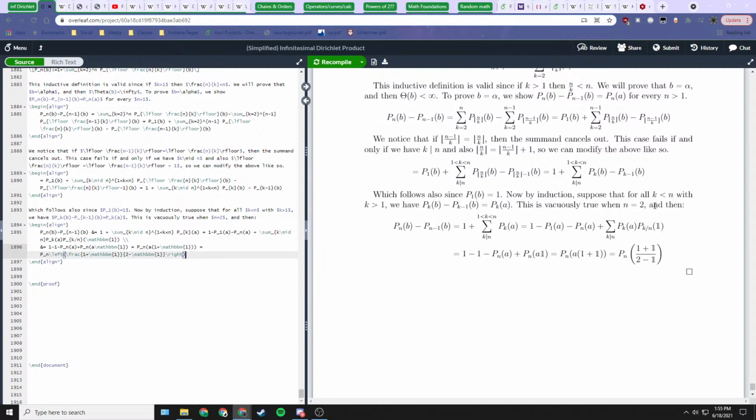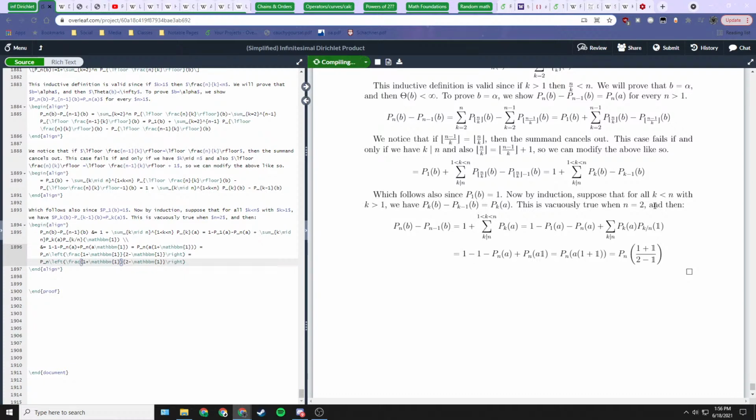Okay, and then we can simplify this as, if we take the bottom, sorry, let's add in, oh yeah, let's, I think,